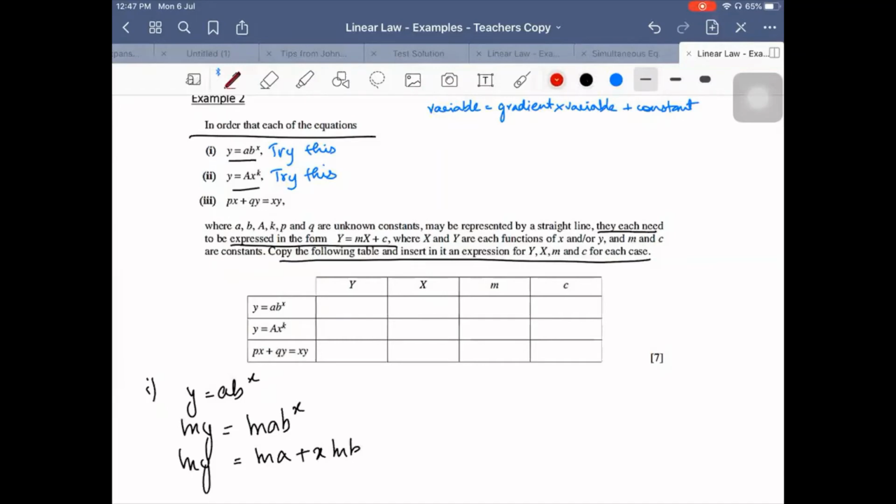यस सर। आप मुझे बताओ, what is your y axis, what have you filled in for y axis? सर, y axis पे x ln b। y axis पे x ln b कैसे आ सकता है? अच्छा हाँ, ln y, ln y सही है। अब मुझे बताओ कि आपको अपनी x axis क्या नजर आ रही है, where is your other variable, what is your other variable? x ln b। Your variable is only x ना, वेरिएबल तो x ही है ना सिर्फ, यहाँ पे x ही आ जाएगा। अब मुझे बताओ वेरिएबल के साथ यहाँ पे क्या अटैच्ड होता है, वेरिएबल के साथ ग्रेडियंट अटैच्ड होता है ना, which is gradient into variable। सो आपके x के साथ क्या अटैच्ड है, ln b, x के साथ ln b अटैच्ड है, तो ln b आपका क्या हो जाएगा, ग्रेडियंट।